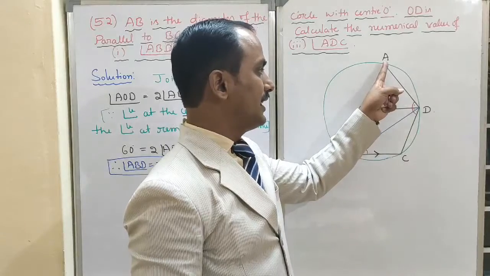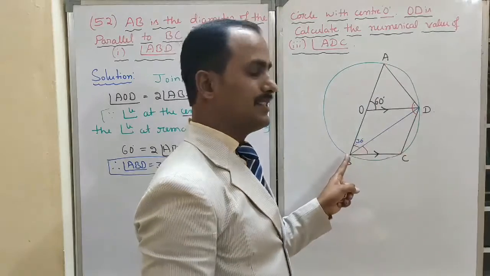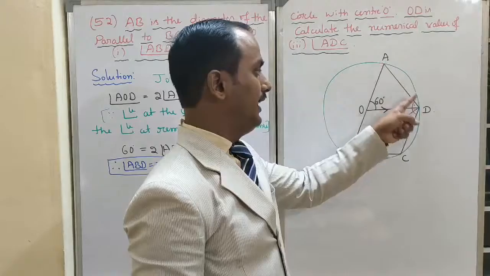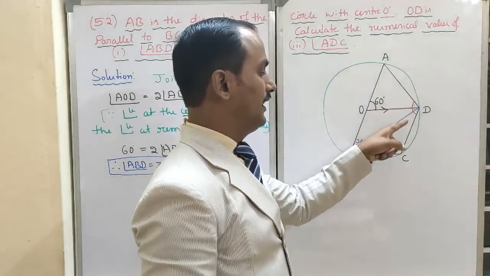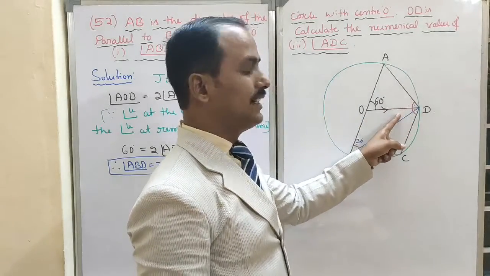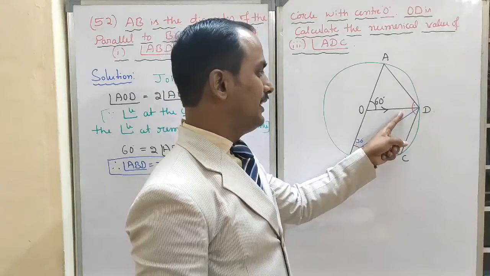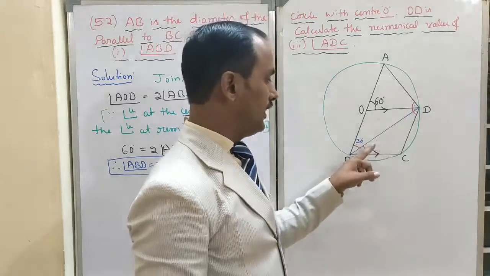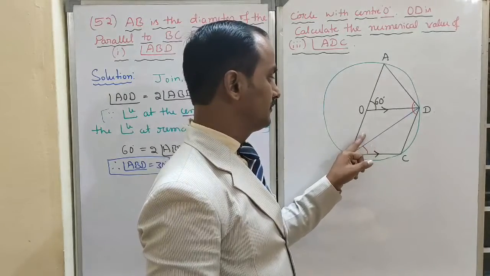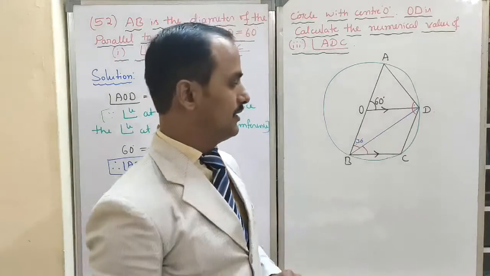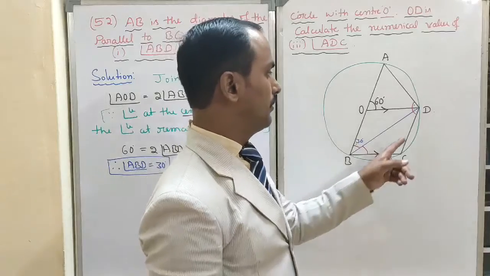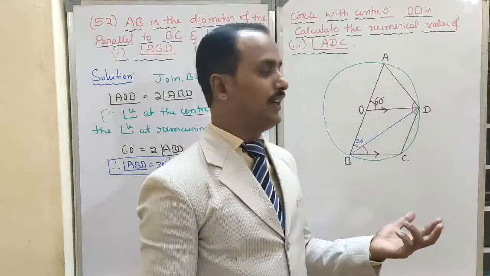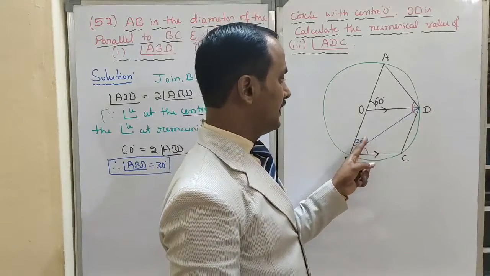In a circle, ADB is an angle in a semicircle. ADB is 90 degree. 90 minus 60, this is 30 degree will come. This is 30, so this is also 30, alternate angles. This one 30 means 30 plus 30, how much? 60. Okay, no problem. This angle, how to find? Very easy. Look here. 30 plus 30, 60.